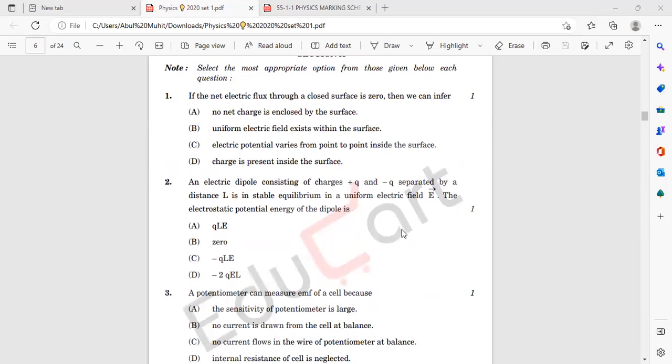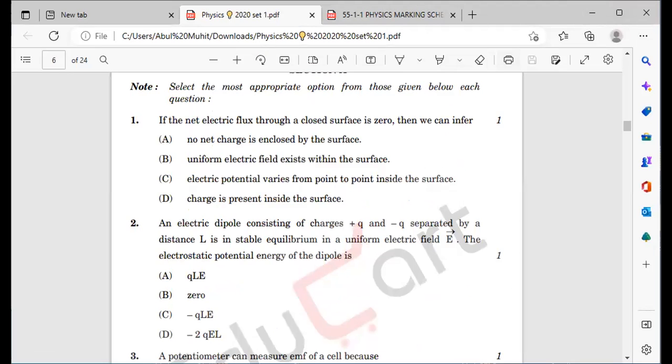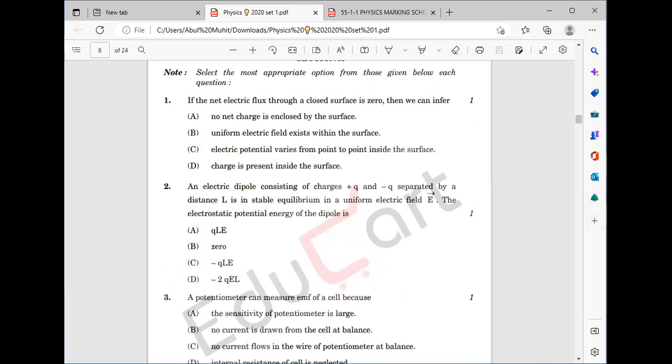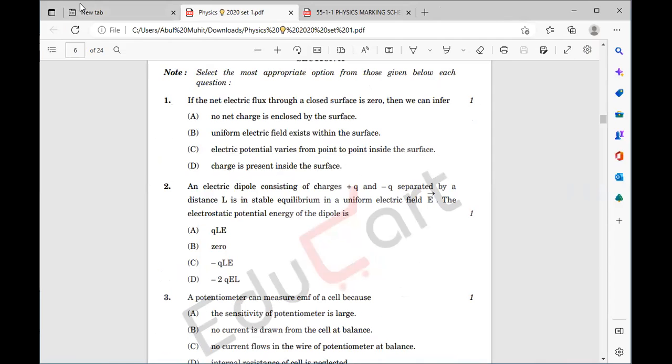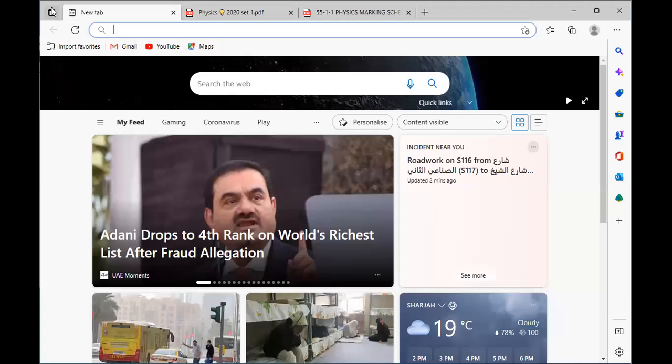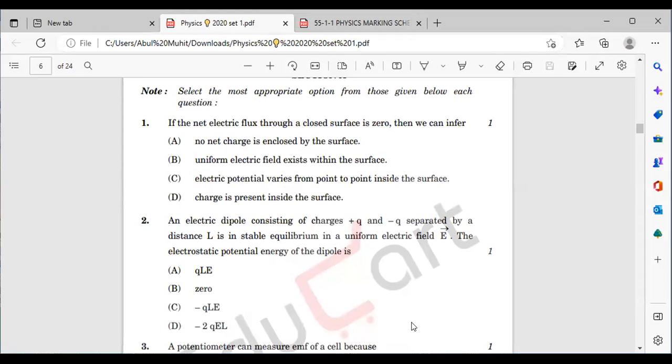If the net electric flux through a closed surface is 0, then we can infer no net charge is enclosed by the surface, uniform electric field exists within the surface, and electric,